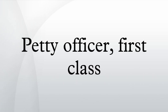Petty Officer, First Class is the sixth enlisted rate in the United States Navy and the United States Coast Guard, just above Petty Officer, Second Class and below that of Chief Petty Officer. A non-commissioned officer rate, Petty Officer, First Class is also the sixth enlisted rate in the United States Naval Sea Cadet Corps. Overview: in the United States Navy, each rating has an official abbreviation, such as ET for Electronics Technician,